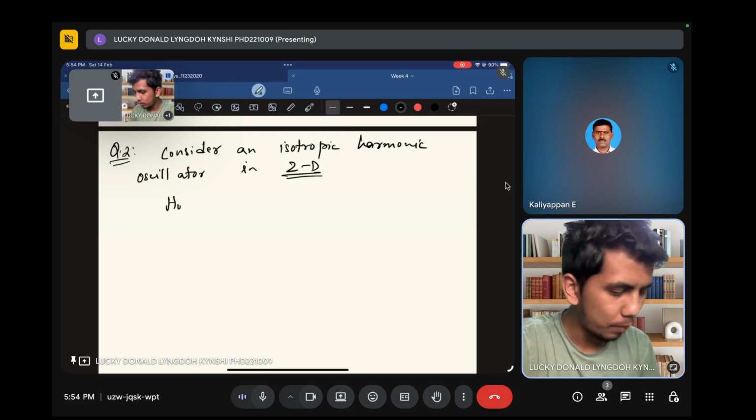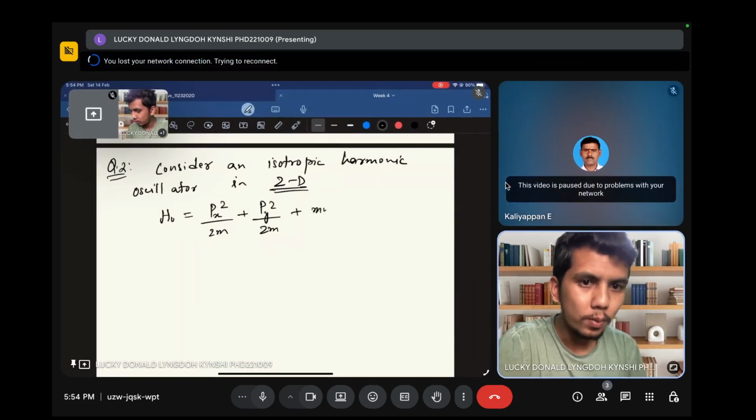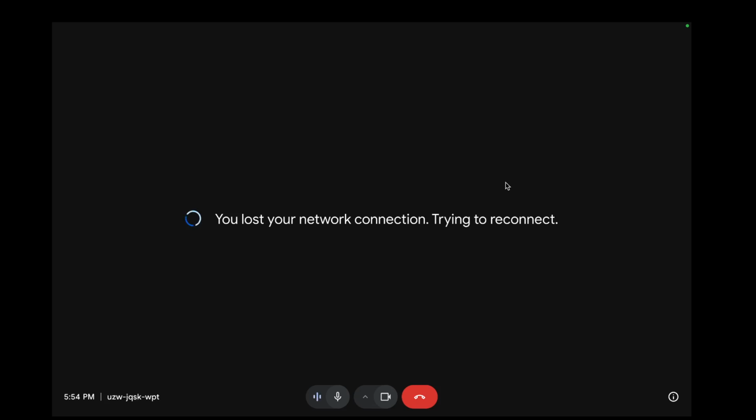This is your original Hamiltonian, which is equal to px² by 2m plus py² by 2m plus m omega square divided by